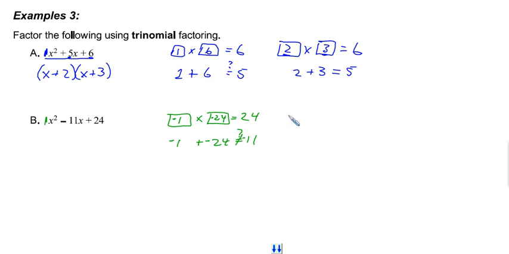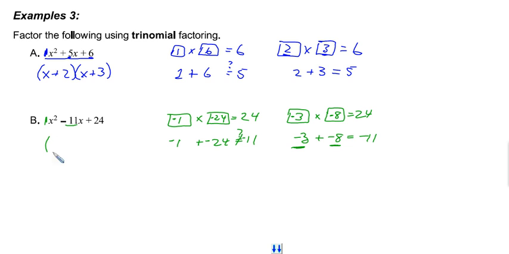So if I think a little more on it, I think I can probably come up with the fact that a negative 3 and a negative 8. How's that for a couple that give me positive 24 when I multiply? But what are they when I add them together? Well, negative 3 plus negative 8 is going to be negative 11. And that's what we were looking for, negative 11. I now know my two numbers